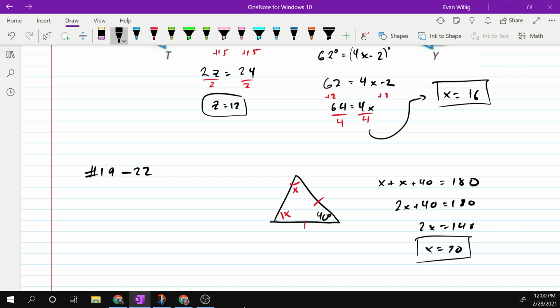So that's the other thing to look out for in combination with how to set up the equation. You might have to use this idea that the 3 angles add up to 180 to set up the equation as well. So I hope that helps you out,